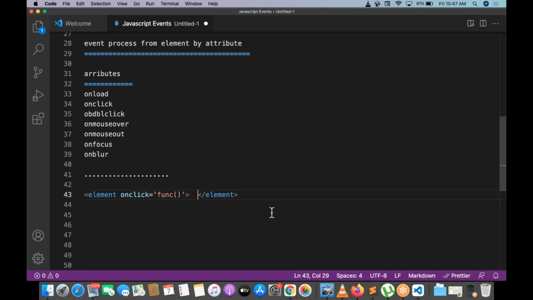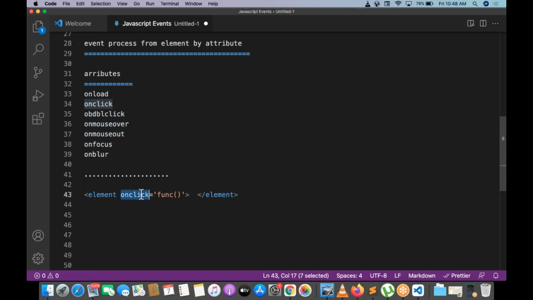Any kind of element you take, h1, div, paragraph, hyperlink, anything, for all these elements we need to pass the event by the attributes. These are the attributes: onload, onclick, ondblclick, onmouseover, onmouseout, onfocus, onblur, onkeypress, onkeyup, onkeydown, onchange.